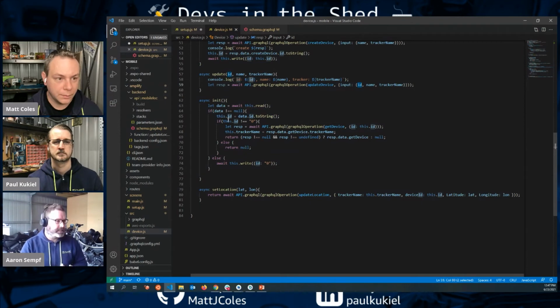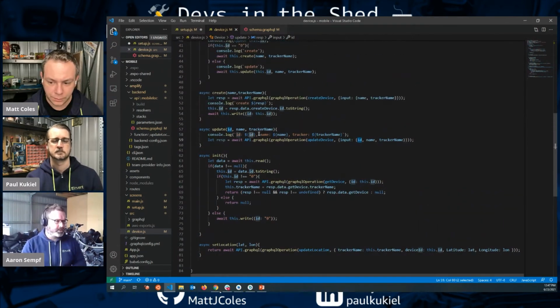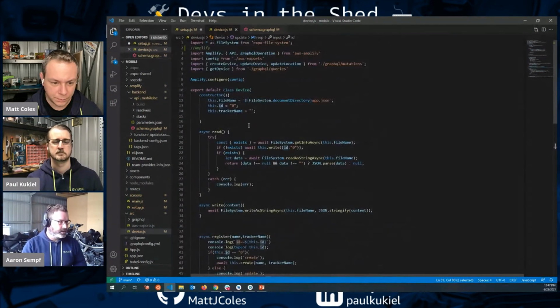So do we have an ID? No, we don't. Then get device. Sorry, yes, we do. Then get device from GraphQL. So we have an ID. Let's get the device information and store it locally in the app. That's as simple as this repository class is, and that's all we need to do in terms of linking